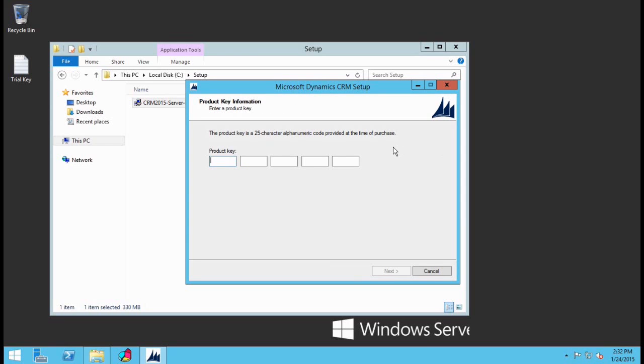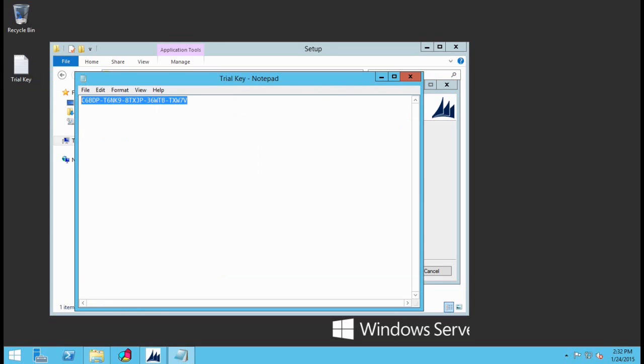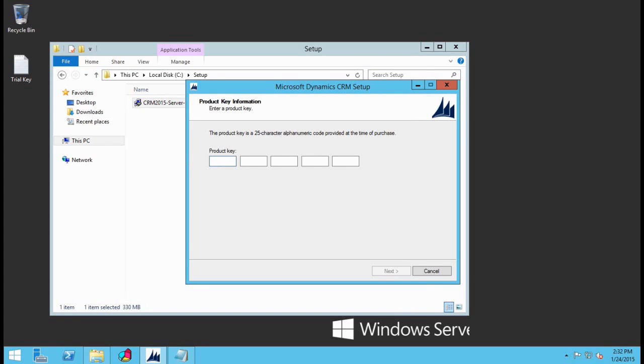Okay, so here we are asked to provide the product key. You can download a trial product key that is valid for 90 days from the Microsoft website. As you can see, it states here that it will last for 90 days. We're going to click next,